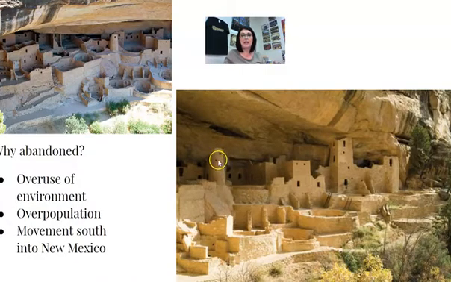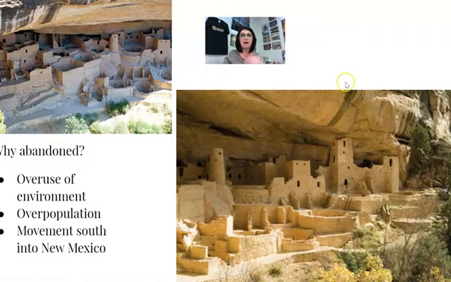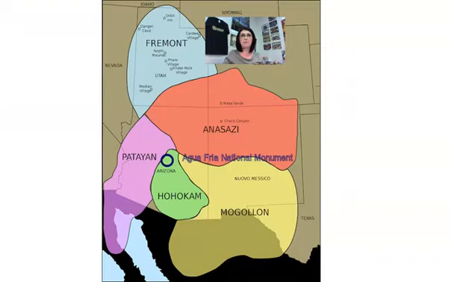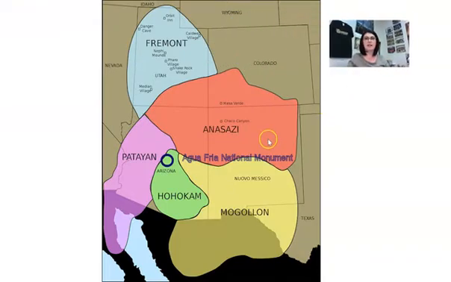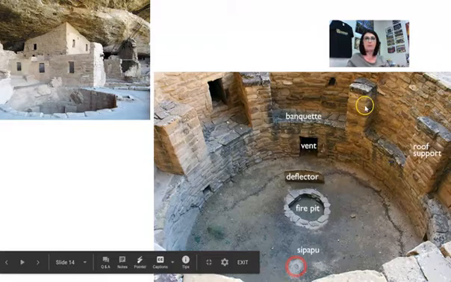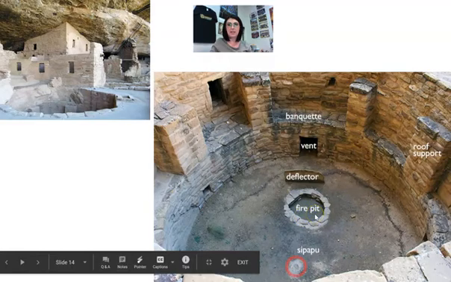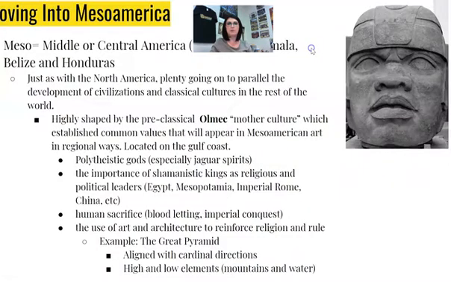But we have seen evidence that there was cooking here, there's charred remains on the top, there's artworks across the top. Like this was a home for these people. And you can kind of see where the Anasazi is today. So Colorado, Mesa Verde is right there. And you kind of see this area, and they would have moved southward afterwards. So you can see here this kiva. There was an area for a fire pit that we've seen that probably would have been the place for rituals.